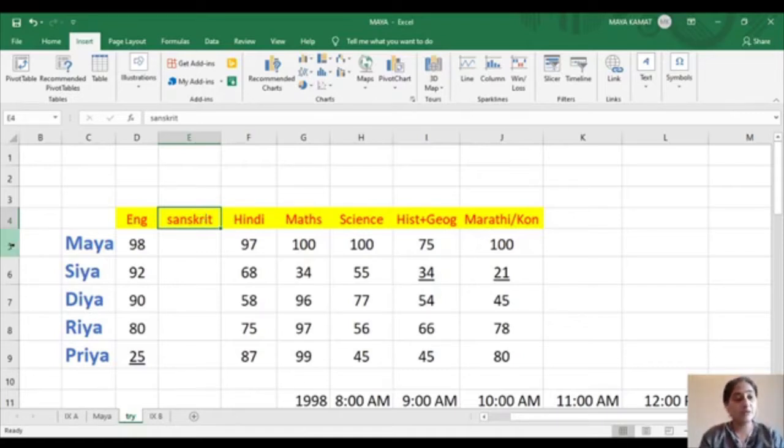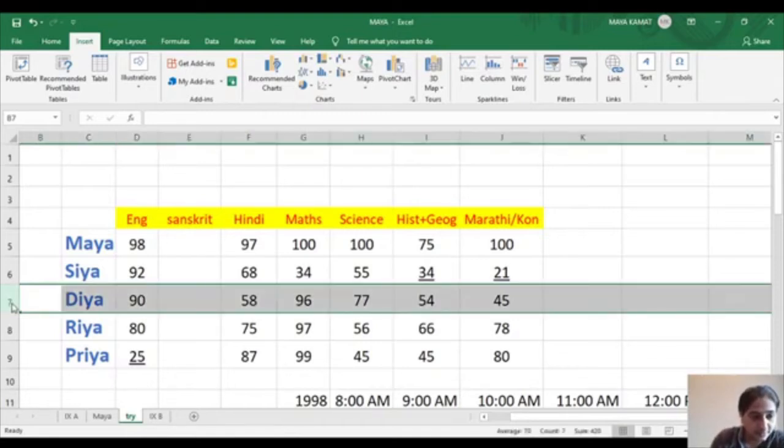Similarly, now I will teach you how you can make a new row entry. Let's say in between Sia and Dia, I wanted to make another student entry. Which name should be inserted now? So similar to the columns, what am I going to do? Come to the row header, which is row number 7.